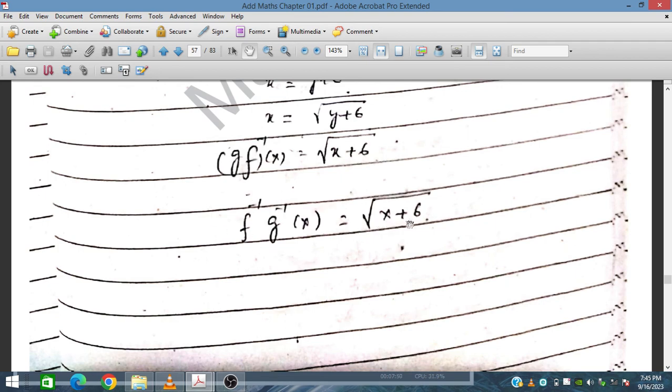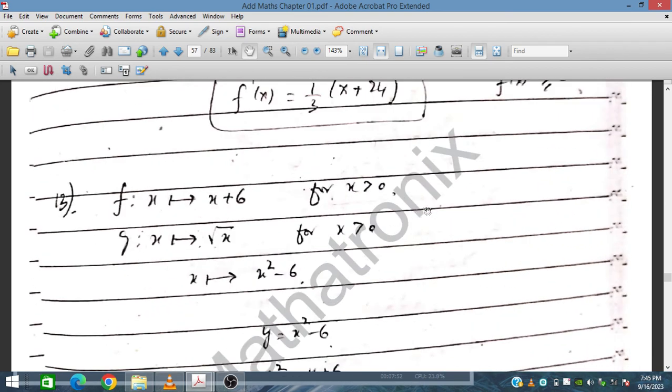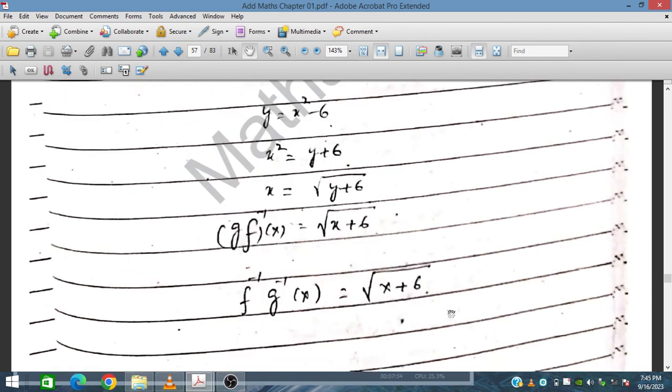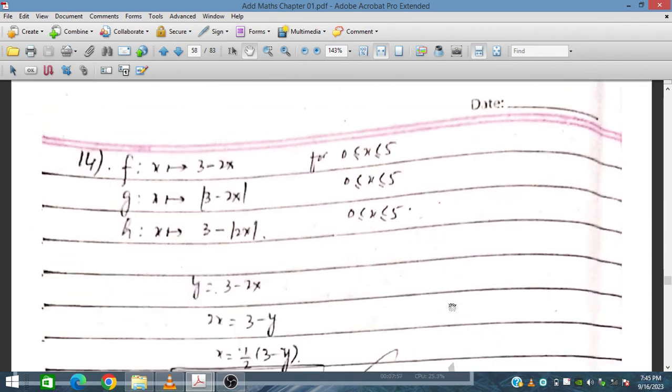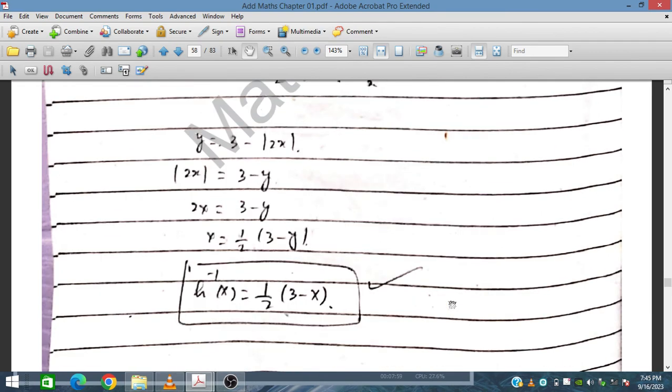We usually write this. This is a very important question. This question number 13 is extremely important from the examination point of view. So in the next session we will discuss